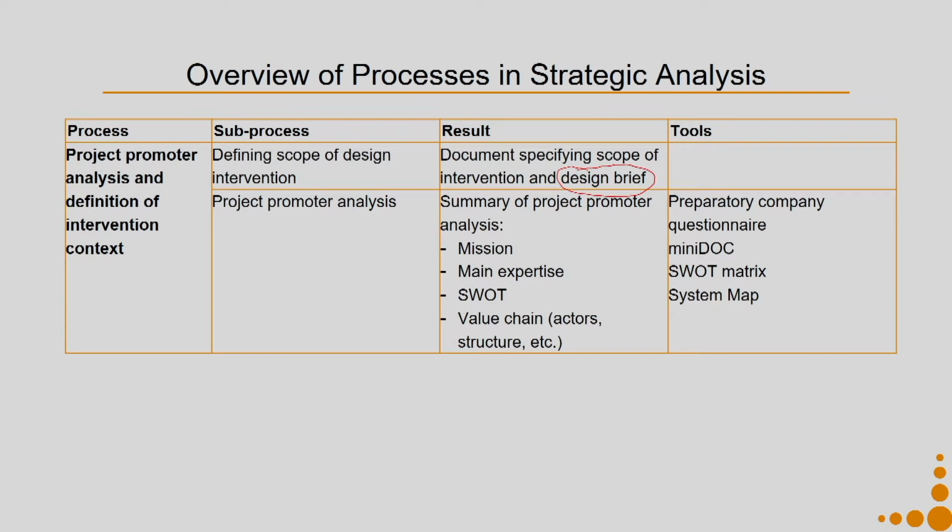The next sub process is project promoter analysis. From the first scope of design intervention, now you can see that my scope for design intervention is registered as first, and the project promoter analysis is registered as second. Although these are mentioned in a sequence, there are times when we cannot do them in the exact sequence. There are also times when I have done the first one, and while doing the second one I come up with new points which can be added to the first one. These are all perfectly fine to go ahead with.